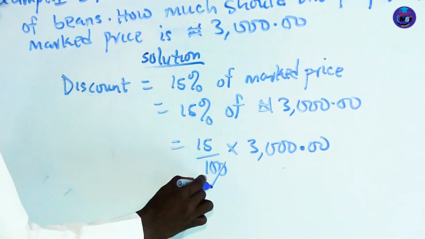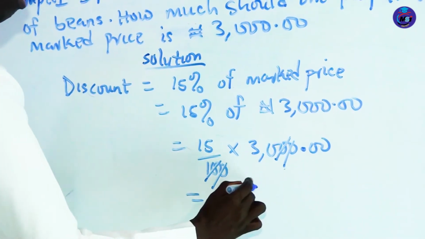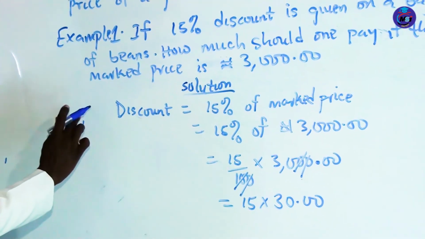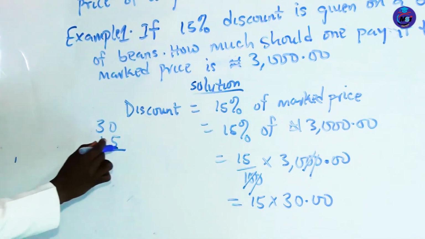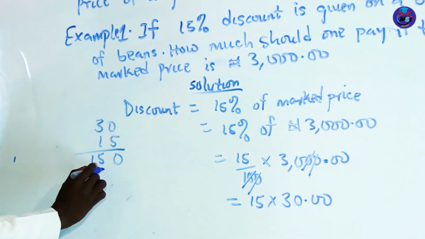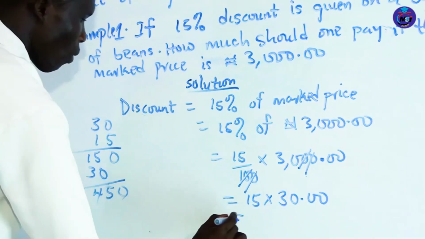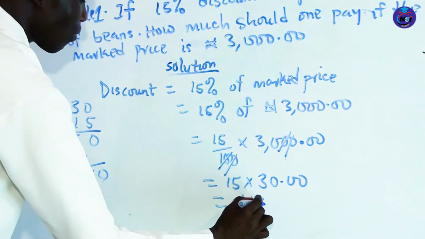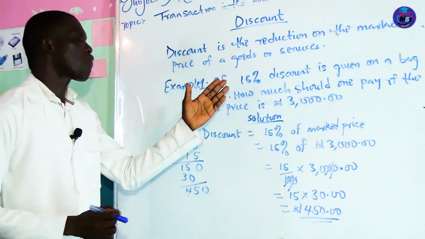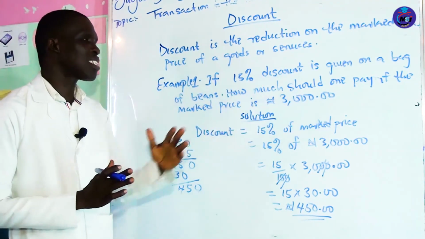This cancels this. This cancels this. We are left with 15 times 30.00. Now let's multiply 30 by 15. 5 times 0 is 0. 5 times 3, we have 15. 1 times 0 is 0. 1 times 3 is 3. We have 450 naira. So that means if discount of 15% is given on a bag of beans that costs 3,000 naira,